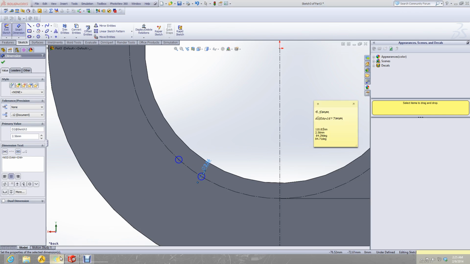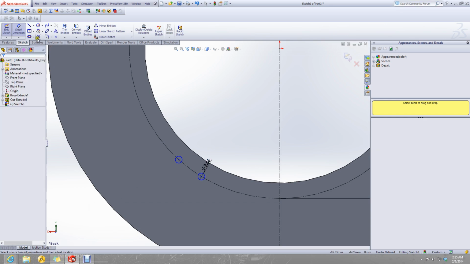The distance between the circles was approximately 10 millimeters.